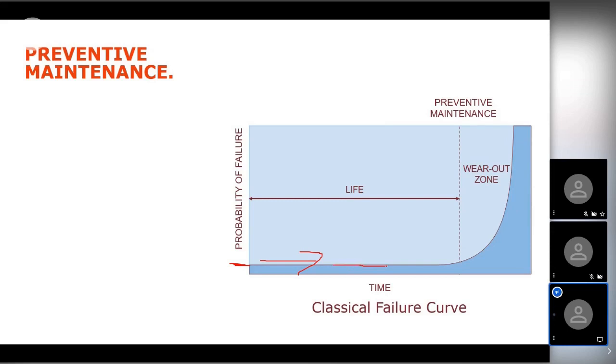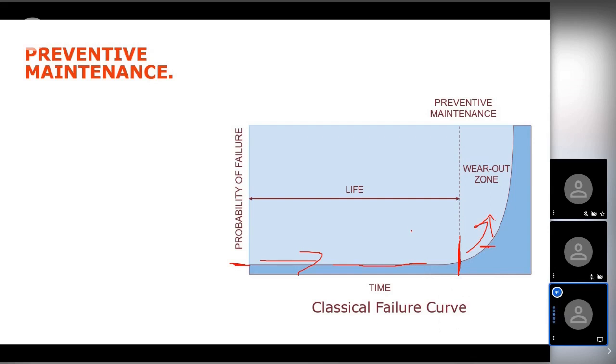It doesn't increase or decrease, it's roughly the same until we get to this what we call a wear out zone. It then gets to the end of its life and it starts to wear out, and the chance of failure increases much faster. So the ideal time for us to perform our preventive maintenance or our replacements or overhauls or discards or whatever we're going to do is when we're getting to the point where our probability is starting to increase above our comfort zone. So roughly this dotted line, wherever that dotted line is for your piece of equipment.